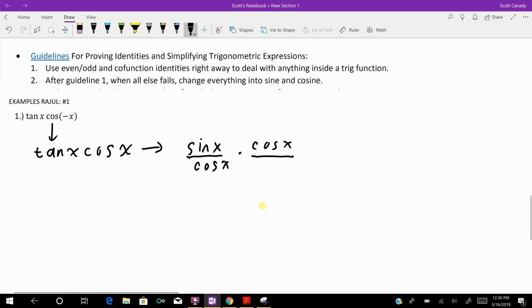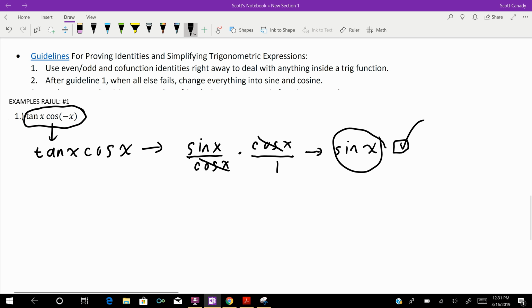Let's go ahead and make that cosine of x over 1, just so that we're really, really clear about what we're doing. And now it looks like we can cancel out those two cosines, and we're left with sine of x. And that's about as simple as you can get it, so we'll put a little check mark to show that we've got victory there. And so what I'm saying here is that tangent of x times cosine of negative x is equal to sine